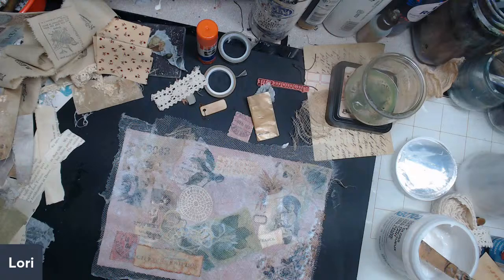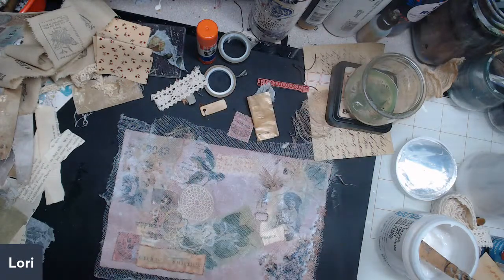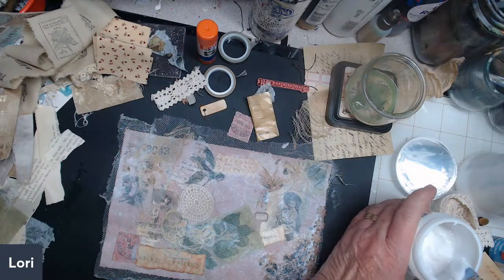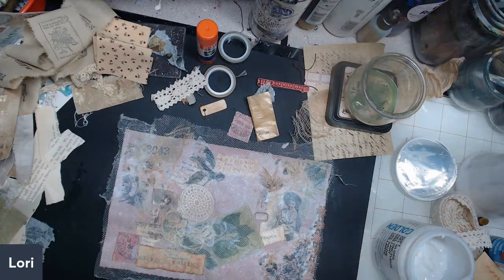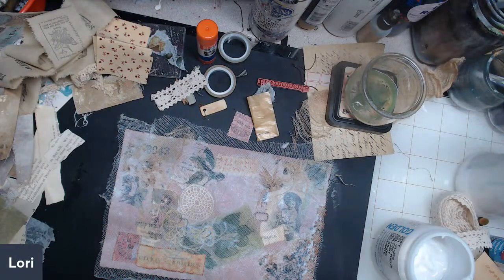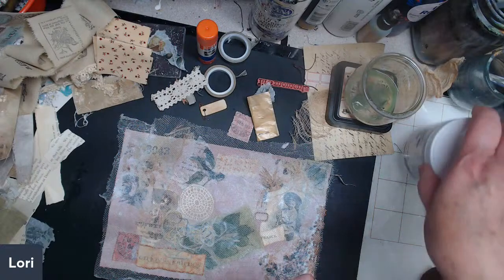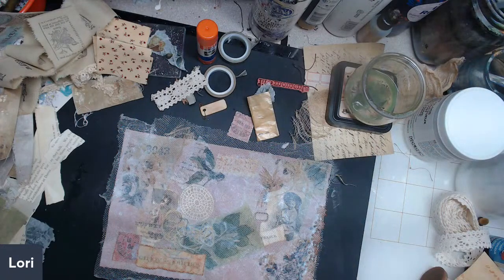Okay. All right, let me get my brush out of here and cap this up. Let me put that back. I need to add some water to my glue jar. Now let's just see. I hope this isn't going to take...